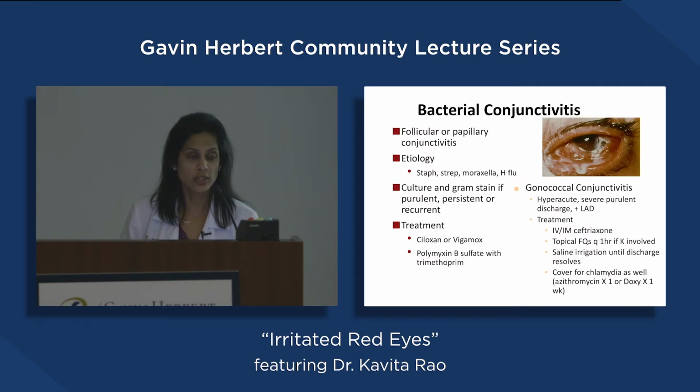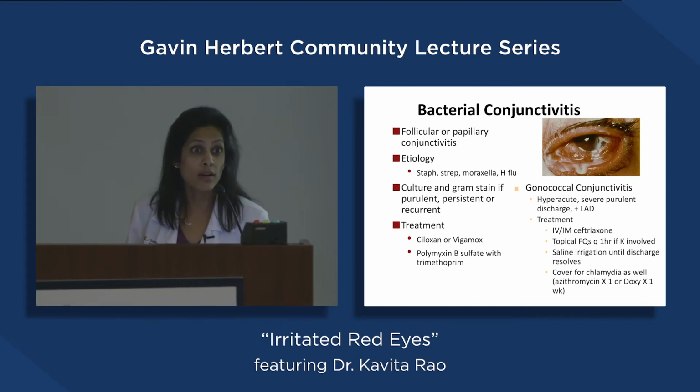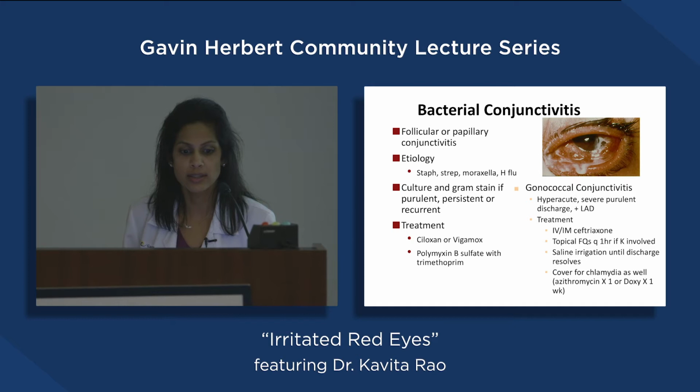And then bacterial conjunctivitis. This is probably one of the more severe types caused by bacteria. You get a lot of discharge from the eye. We have to treat it with antibiotics. Sometimes we even admit people in the hospital for IV treatment, and it's more of a severe, concerning condition. But like I said, viral is much more common, and we don't see bacterial as much, but when we do,